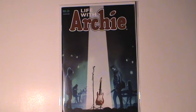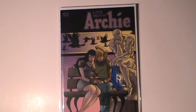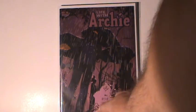Picked up this one here. I think this is Walt Simonson. I don't know how to say his name. Simonson cover of 1 year later. That's the post-mortem Afterlife with Archie, or Life with Archie after he's dead. And then I picked up the Francavilla cover, which is very